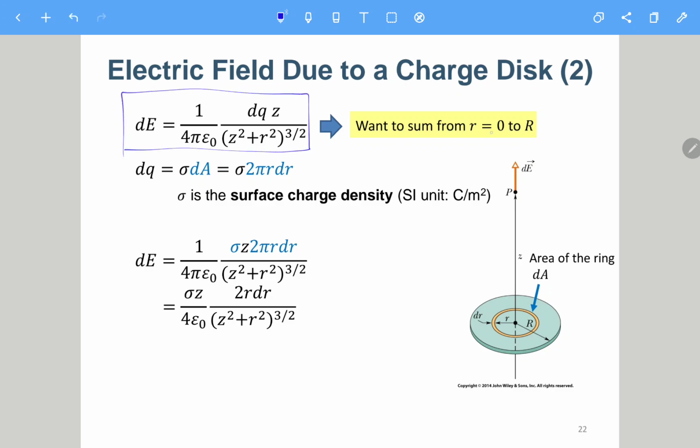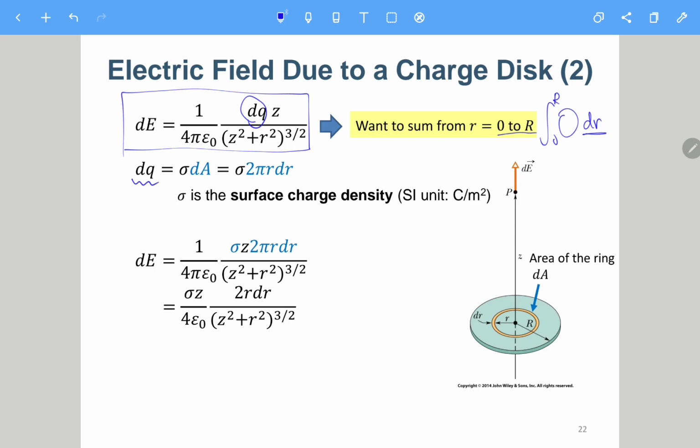Okay, so we want to sum from r = 0 to capital R, which means that we have an integration of something dr from 0 to capital R. Next we need to do some change of variable, because this is dq, not dr. So first of all, dq